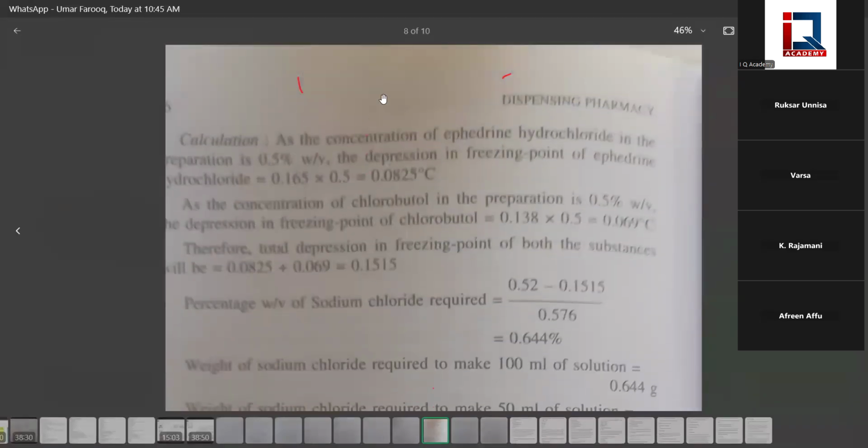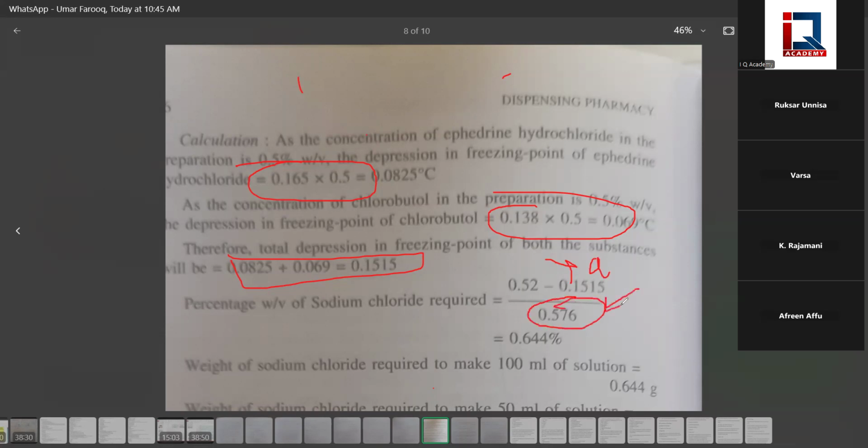So this is what we have seen. You can see here, I'm multiplying the given freezing point with 0.5. Then I'm multiplying the other freezing point also. One is chlorobutanol, one is ephedrine hydrochloride. Then I'm adjusting these two freezing points, and I take that value as the A value. The B value was not given in the question, but I should know that the sodium chloride freezing point is